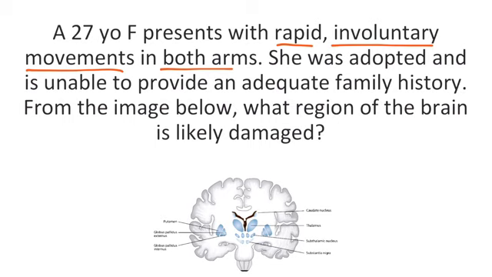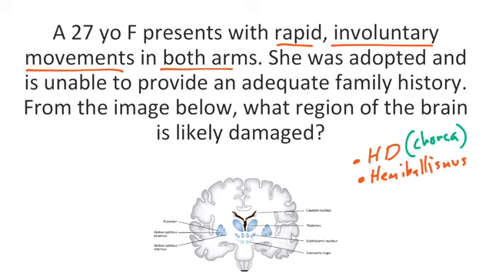So with these symptoms, and given the fact that, because of the question stem, our patient has something wrong with the basal ganglia, we should be thinking of one of two things. First, Huntington's disease, and second, hemiballismus. The rapid involuntary movements should make you think of the chorea in Huntington's disease. So since we are thinking about Huntington's disease, we would think that the striatum is damaged, so the caudate and